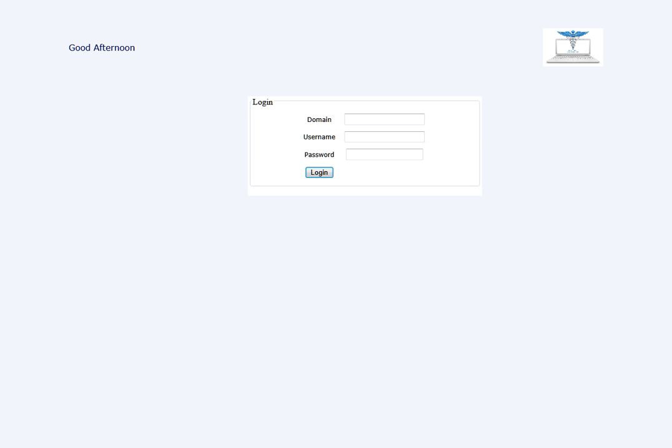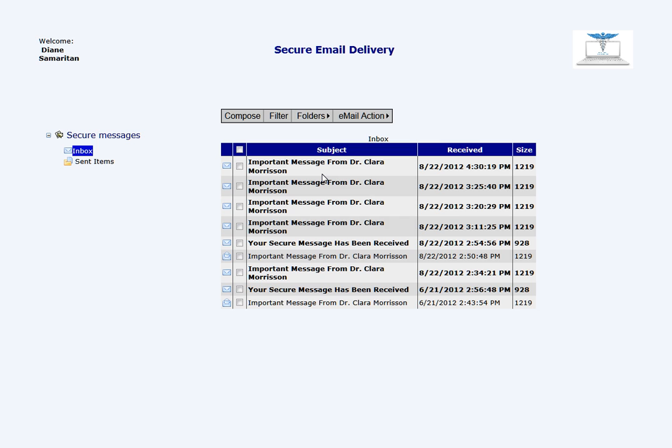And we're going to log in as Dr. Samaritan. So put in her username, we enter her password, and again we have to put the domain in. And then we click login. So now we can see when we've logged into Dr. Diane Samaritan's inbox, she has several messages. We're going to look at the one on 8/22 at 4:30. We're going to click on the message,